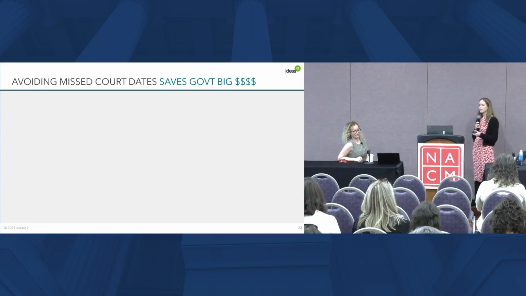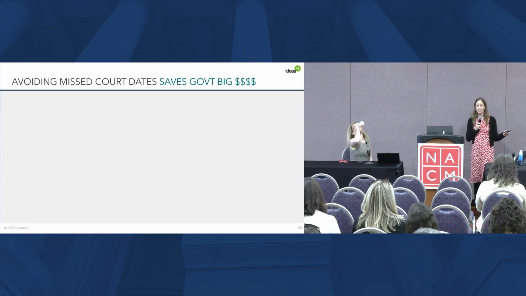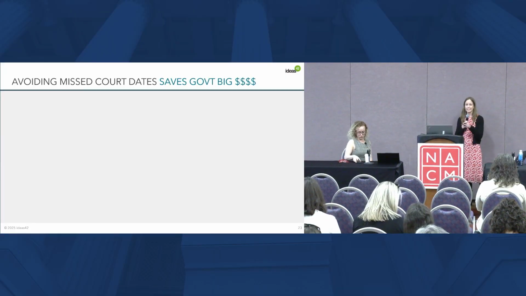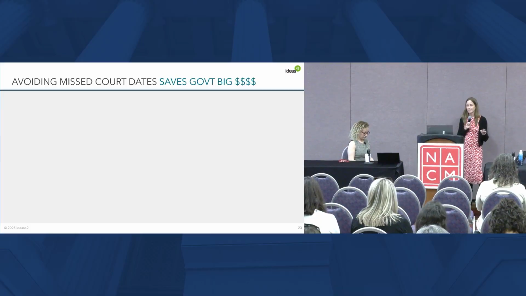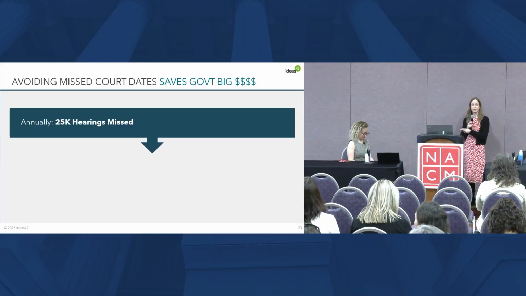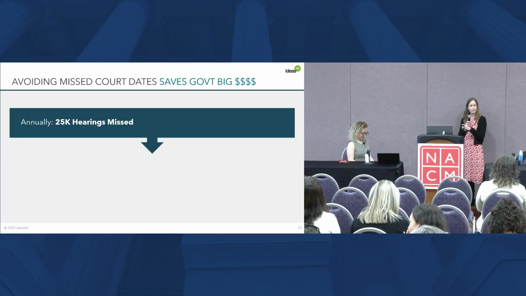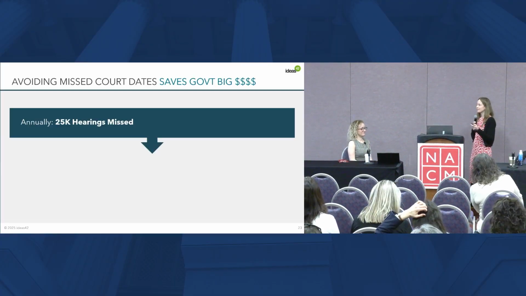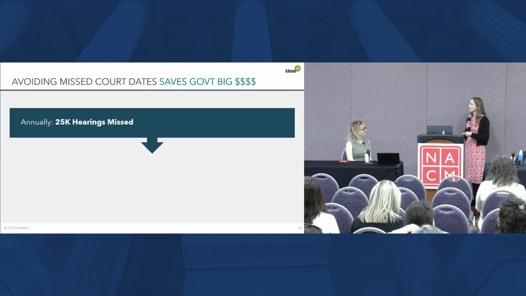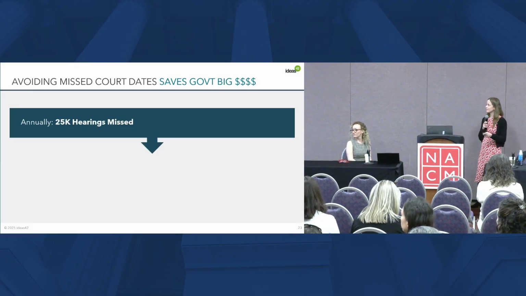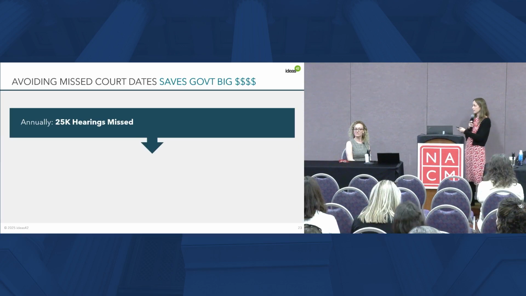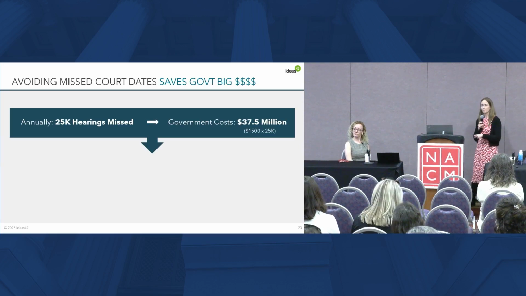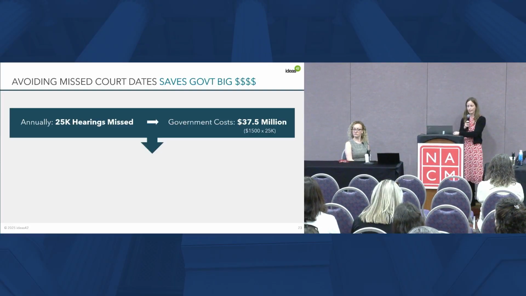All right, great. So you all mentioned a bunch of different ways that this impacts you. Just to dig into the financial aspect a little bit more, I want to show you how the costs can add up. So let's say you have 25,000 missed hearings every year. Some of you mentioned you don't know your missed court date rate, so maybe you don't know, maybe you do, whether this is a good number for your court. But for the sake of the example, we'll say 25,000 missed hearings. That will cost the government almost $40 million, once you take that 1,500 number and multiply it.